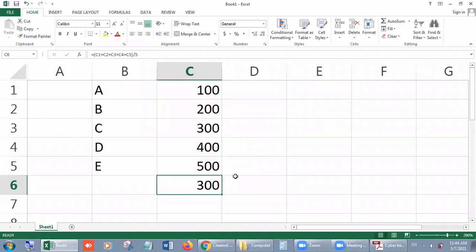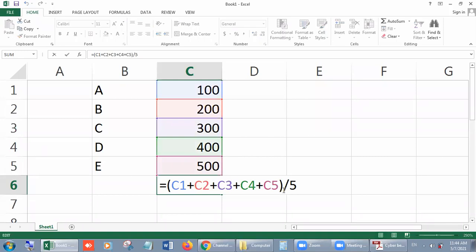Look student, now we have 300. How did this 300 come? Our total was 1500 and divided by 5. So 15 divided by 5 is 3, and 1500 divided by 5 is 300. Right, beta? So in this way you can use this compound formula, because we have two operators in this formula. Number one is plus and another one is slash. Is it okay, beta? इस तरह से हम इसको यूज कर सकते हैं.